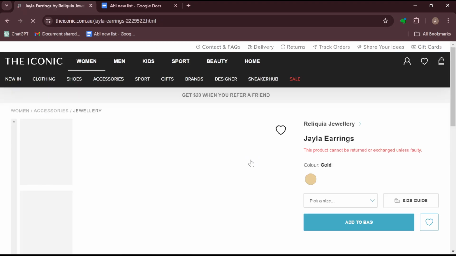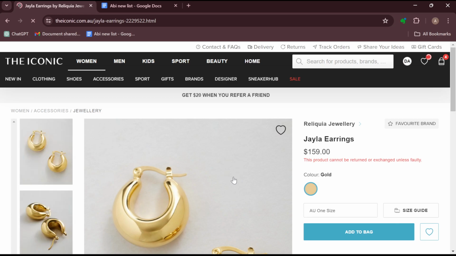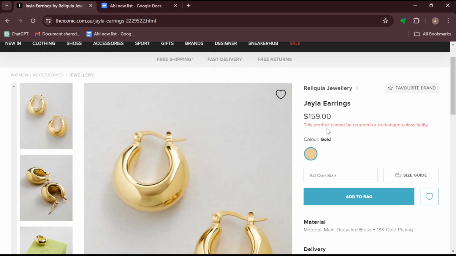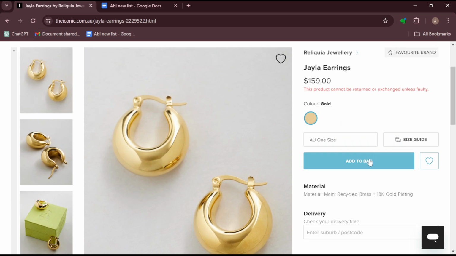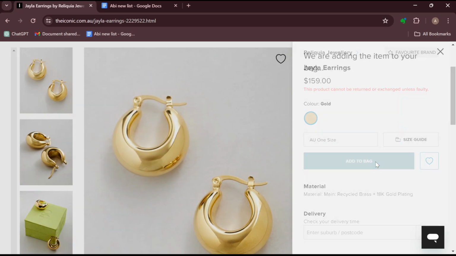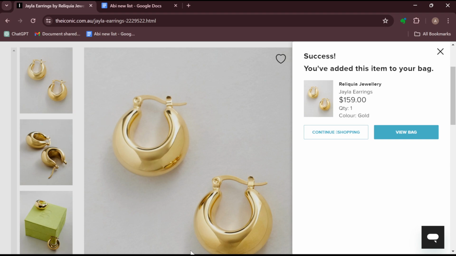I have done here. And after clicking on it, you'll be taken to the page where you'll see details about the product. By the right side, you can see an instruction which says this product cannot be returned or exchanged unless faulty. And then you can see other things. And then you can see the option add to bag. All right, so just click on it, and just like that, the product will be added to